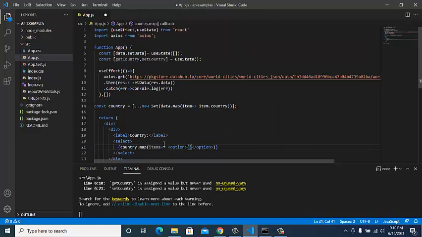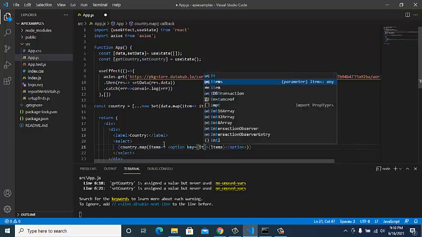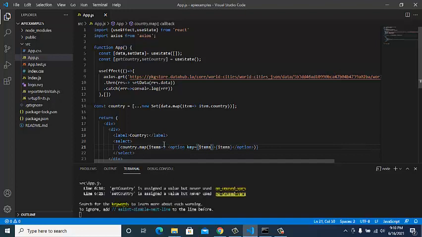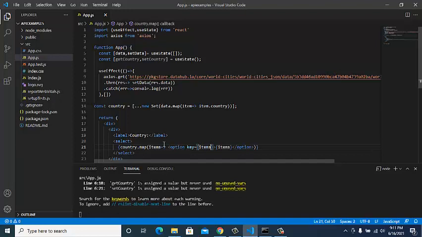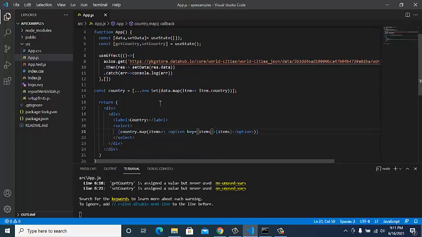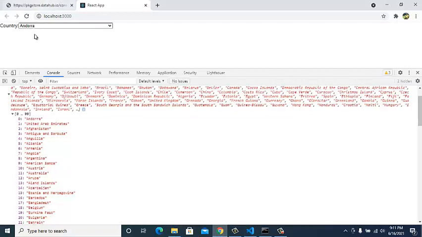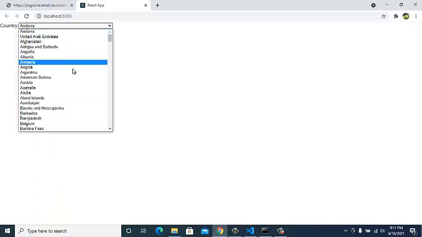Inside here I'll give item only, and the key of the map is item, because there is nothing else in this. Indexes are there, but if the countries are unique, then we don't need to worry about it. We can give the country as the key. If I go back, you'll be able to see all the countries that are coming here.